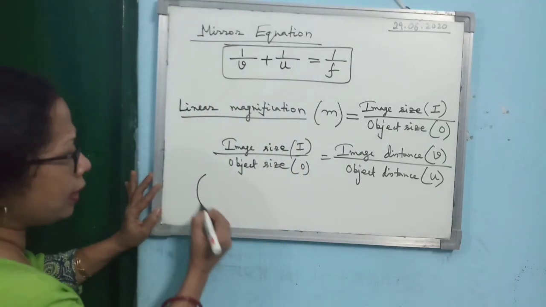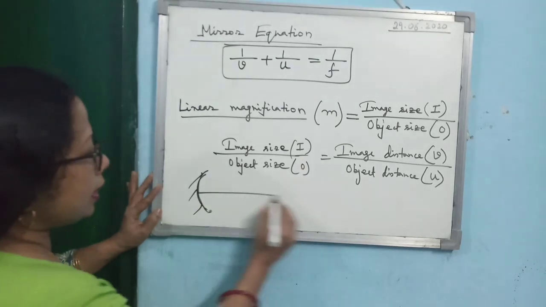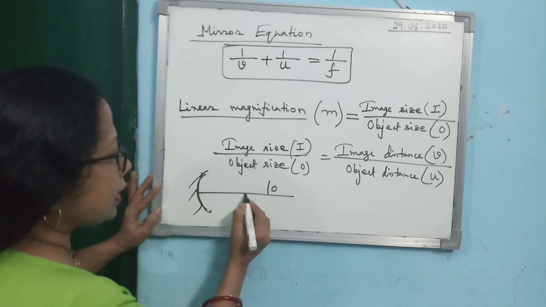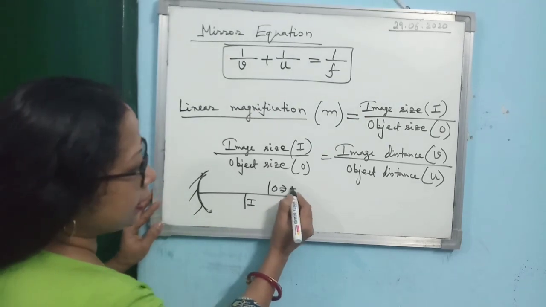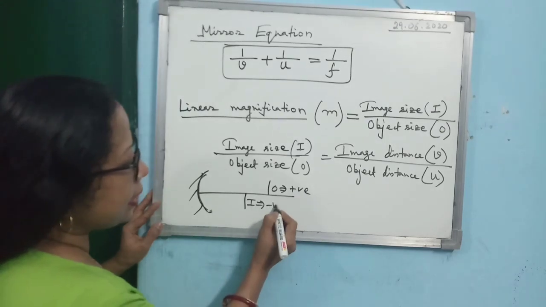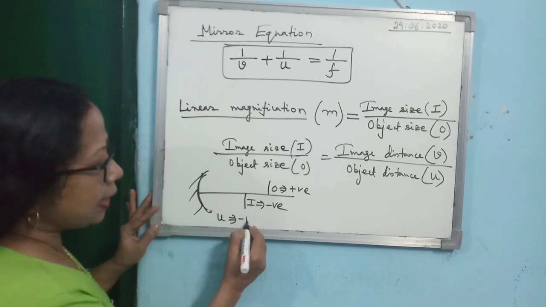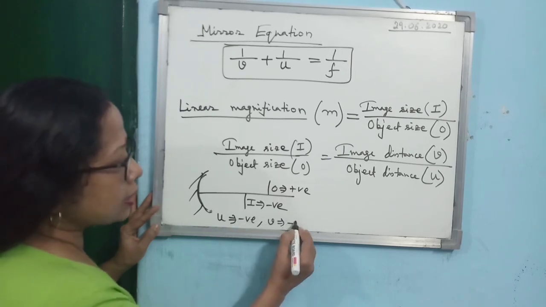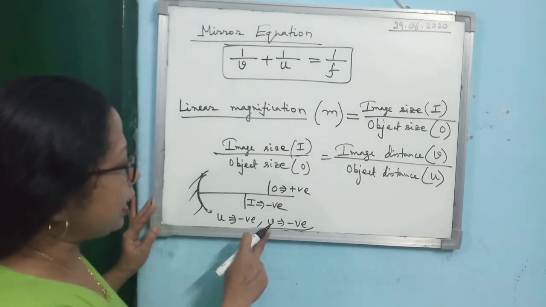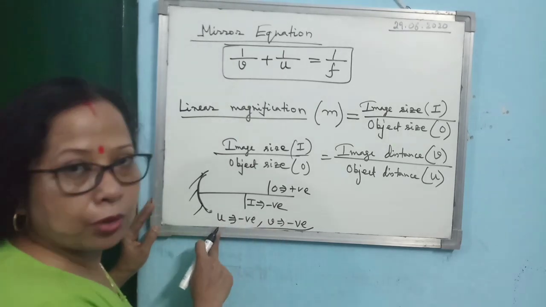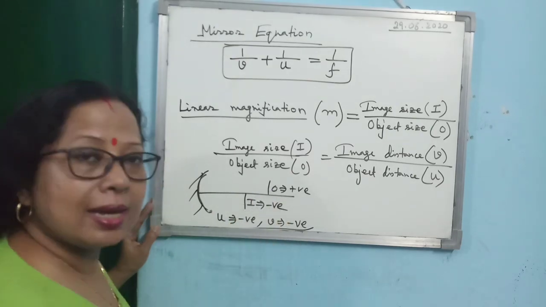But when we use the sign convention, understand it. I am just drawing the diagram; you don't have to draw this diagram, just understand the point here. Here you see this is the object and this is the image. So O is positive and I is negative. Now consider U: U is negative and V is also negative. So when applying the sign convention, the ratio of V to U comes positive, but the ratio of I and O comes negative.